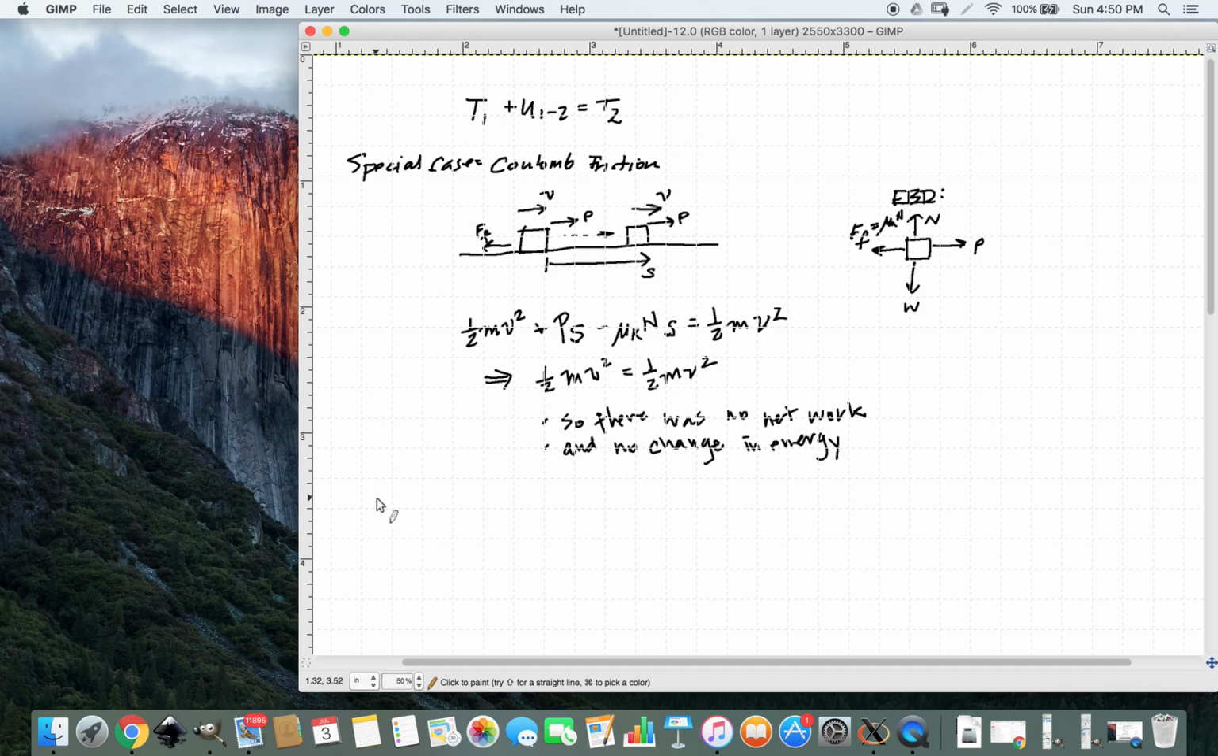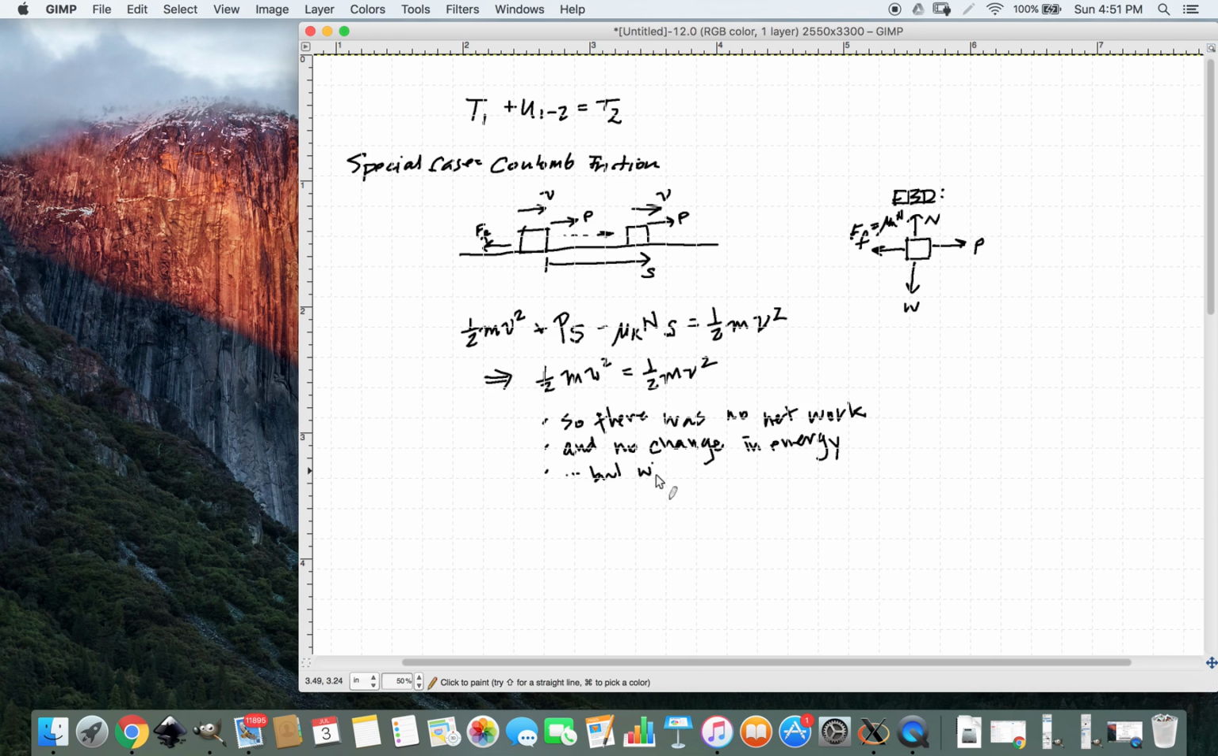Now, I've kind of led you into this paradox on purpose, and I've been intentionally loose with the term energy, as I have been before, to try and remind you that we need to be careful. Because this idea that there was no change in energy should bother you. Why should it bother you? Well,